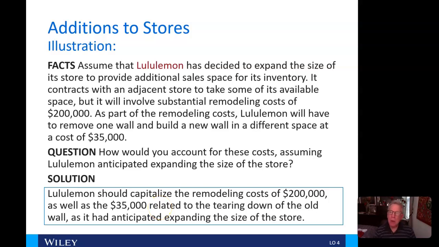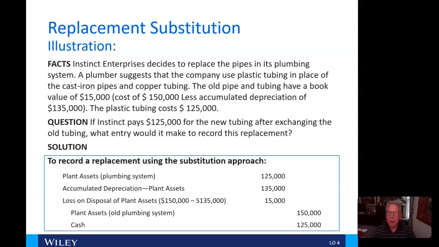Hi everybody, and welcome back to video number 7 in chapter 9. Here we were going through the Lululemon situation, addition to its stores. And just for a refresher, I've left this slide up so you can reacquaint yourself with the numbers. So in this case,